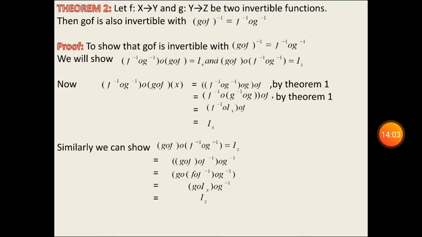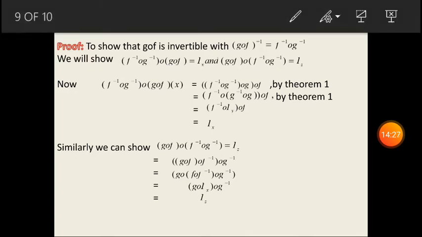If it is given with this, it means they have already given you the inverse. If they have given you the inverse, what work is left with you? Only to prove that the compositions g o f as well as f o g will be identity functions. Only you show this and you will get the result that the function is invertible. Okay, so how to do that? g o f is invertible with this. Just pay attention. It means the inverse of g o f is this.